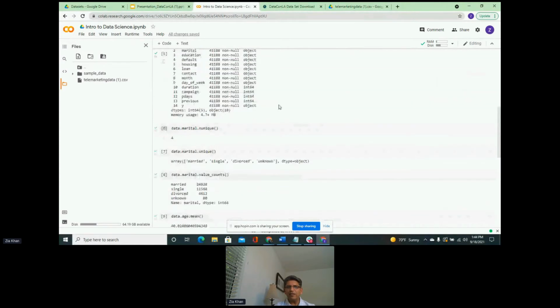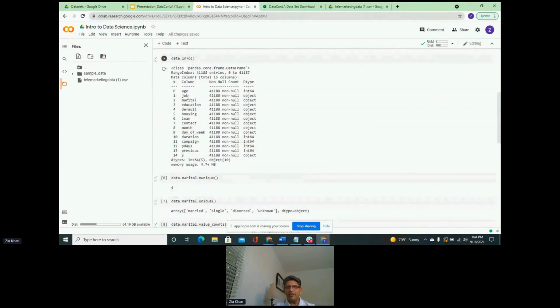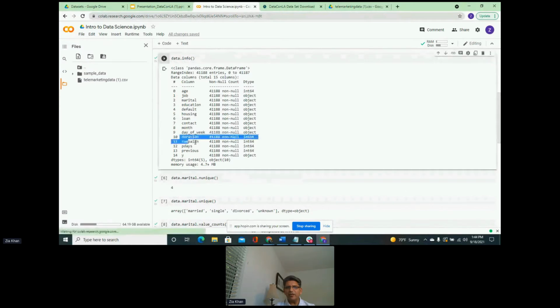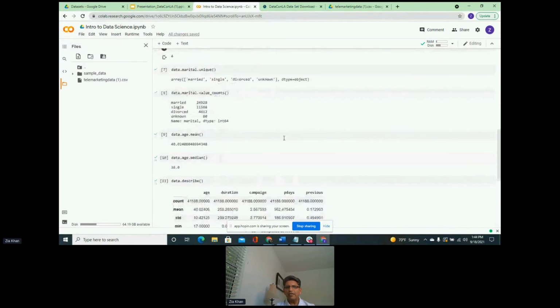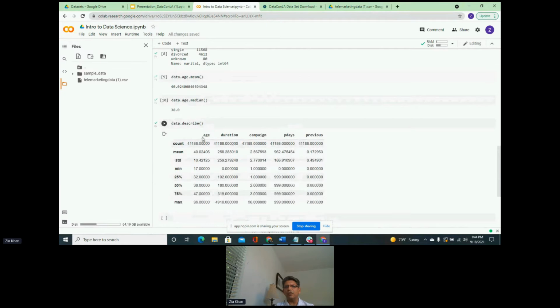So if you go back to the info, you will see that we have age, and then we have duration, campaign, pdays, and previous as our numeric fields, and age is up here at the top. So it actually provides us information about age, duration, campaign, pdays, and all the numeric columns.